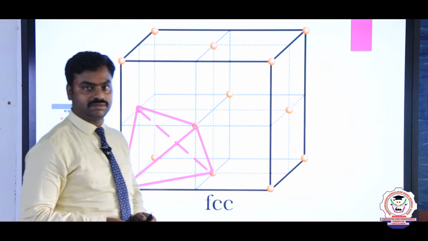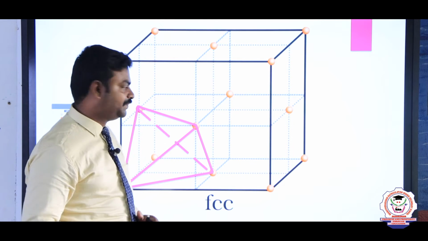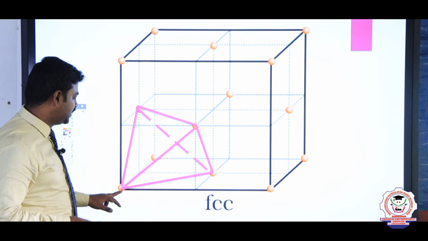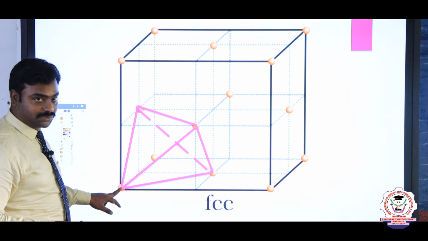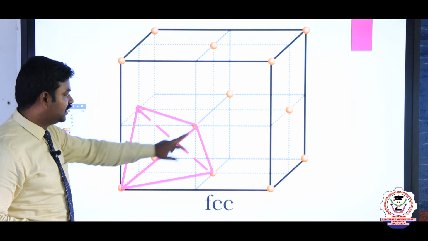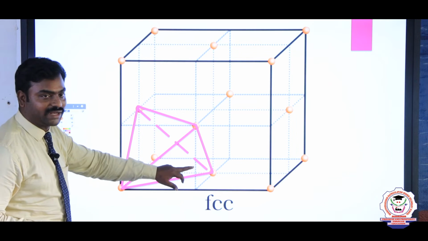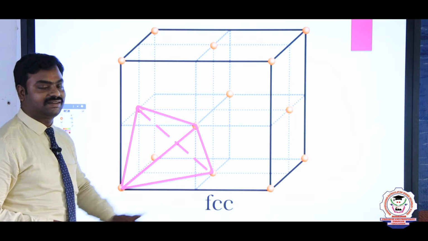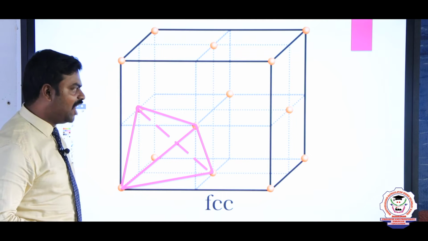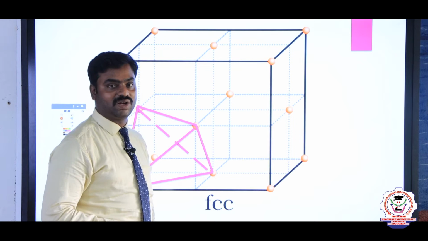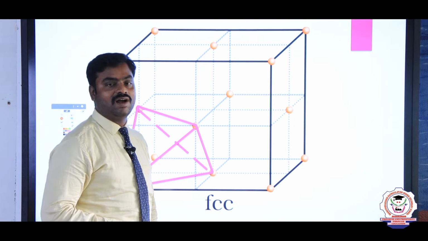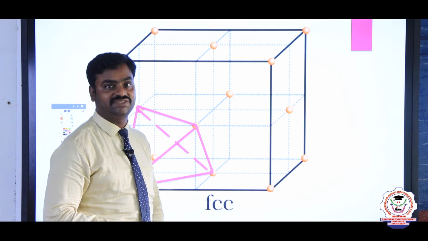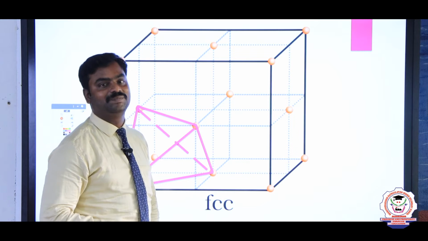Next, how to find out the tetrahedral void in FCC? See, here take any corner atom, this one, and then a face center. Likewise, you can connect another 2 more adjacent face centers, you will get a tetrahedral void in FCC. How many corners are available in FCC? There are 8 corners available. So, all the 8 corners are making 8 tetrahedral voids in FCC. So, in FCC, 8 tetrahedral voids are possible.